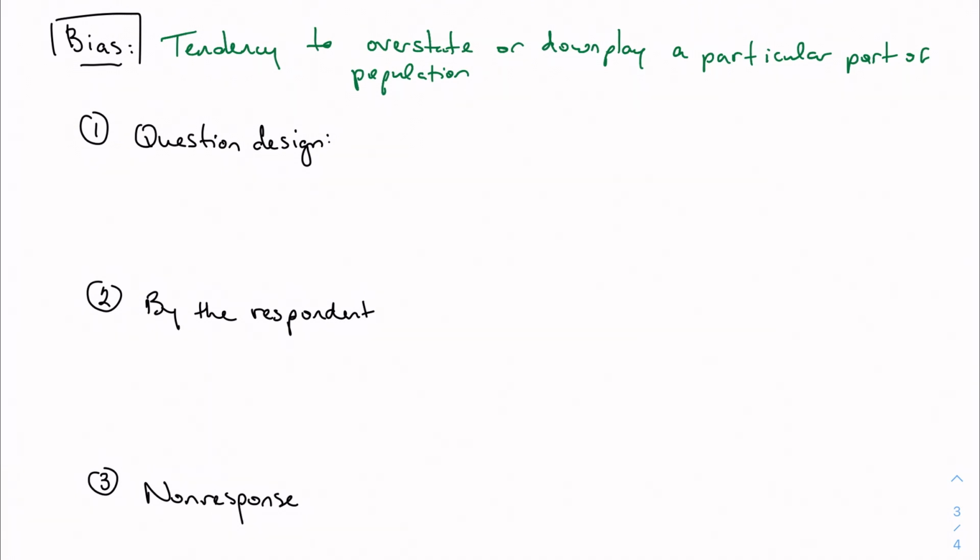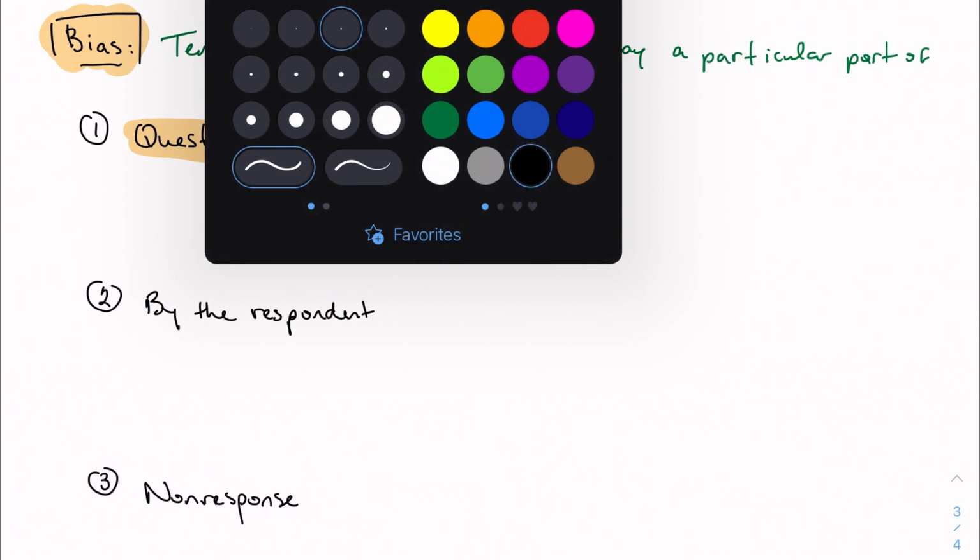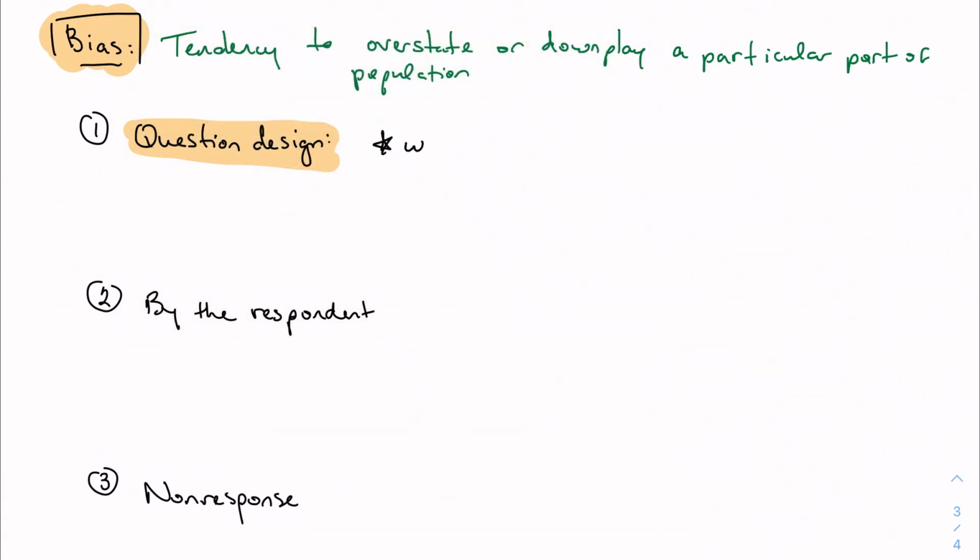There are three different forms of bias. The first is bias in the question design. And these could come in a few different forms. The biggest form, of course, is the wording. So the biggest form of this is if I ask some kind of a question and I just give you the option for yes or no, but there's a third possible option that's maybe both, or there's a fourth possible option that's neither. So maybe I ask you, I don't know, do you like Pepsi or do you like Coke?